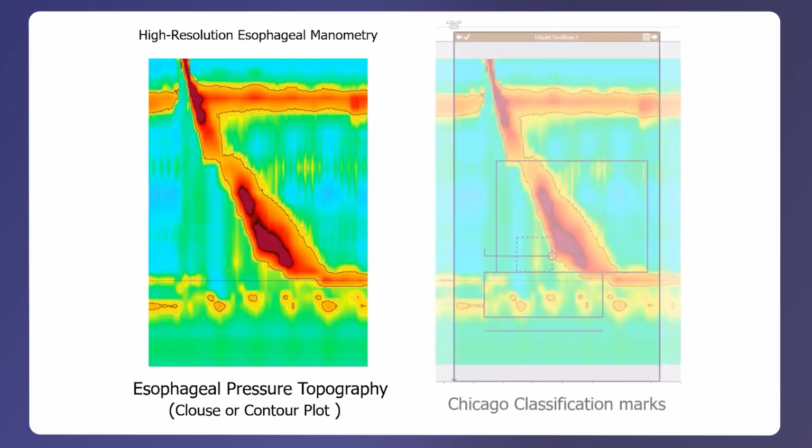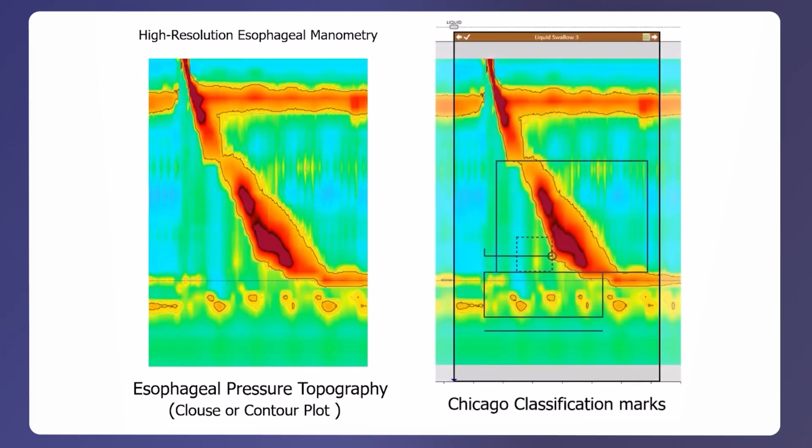Hence, the Chicago classification criteria for esophageal manometry disorders was developed. The Chicago classification includes novel marks and metrics and normal thresholds specific to high-resolution manometry, along with diagnostic criteria for